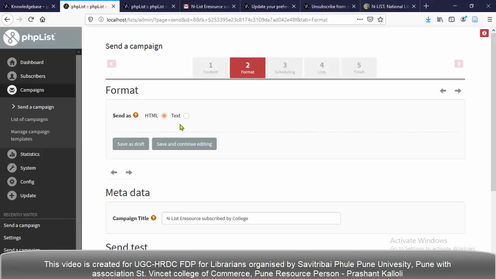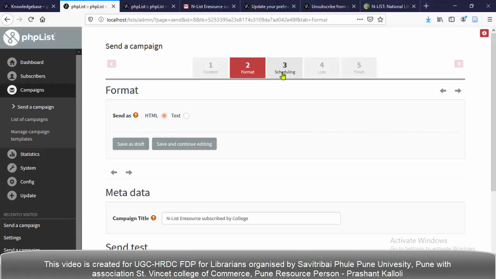If you choose HTML, then HTML formatted text will be sent to users, and if you choose text, then a plain text message will be sent to your users. It depends upon you, but I prefer you select HTML. By default it is selected as HTML. Then click save and continue editing.